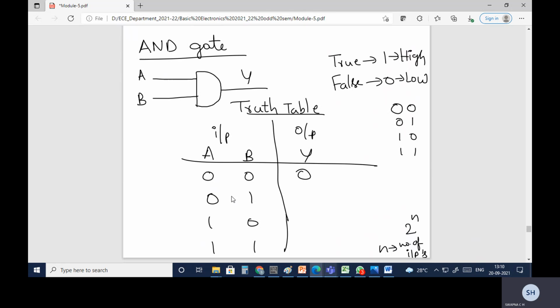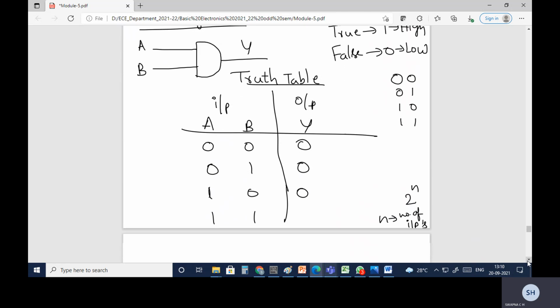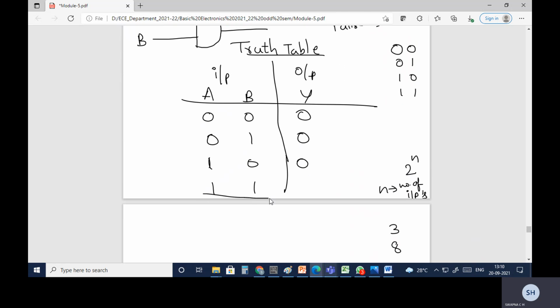Here 0, 1: only one input is true, the other one is false, so it will be equal to 0. 1, 0: one of the inputs is high and the other one is low, so the output will be low. When it comes to the last combination, both are 1, 1. 1 indicates both are high or both are true. Since both are true, the output will be true. So this is nothing but the truth table of the AND gate with 2 inputs.